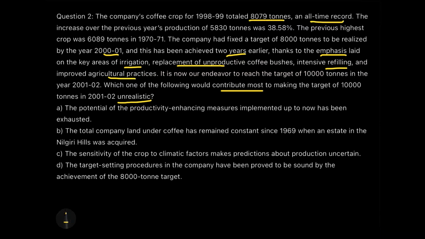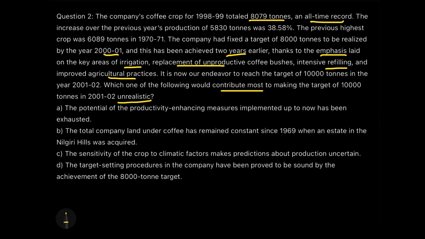So now comes the real question. You already had the mindset that I have to cut out this argument, I have to weaken this, I have to prove that something will happen which will make it unrealistic. So when you have that mindset, you see how you target the reasons for the good production, so that you know that if I go against these reasons, I will definitely get an answer which proves the point that it is unrealistic to achieve this. Okay, now let's read the options. Okay, before reading the options, shadow answer.